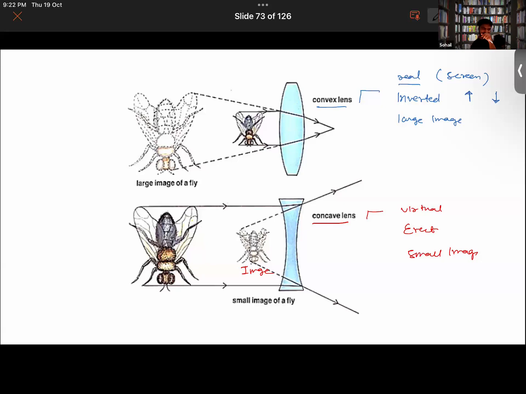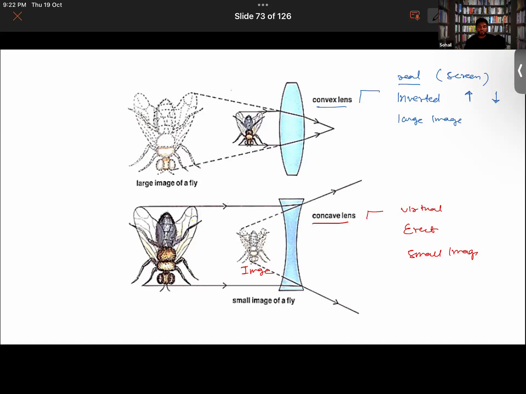As in the beginning of the class, we solved 1 or 2 questions related to the angle of incidence or angle of reflection. Yes, sir, I remember. And then moments ago we were talking about the spherical mirrors. The spherical mirrors are basically the concave mirror and the convex mirror, right? So the concave mirror is also called a